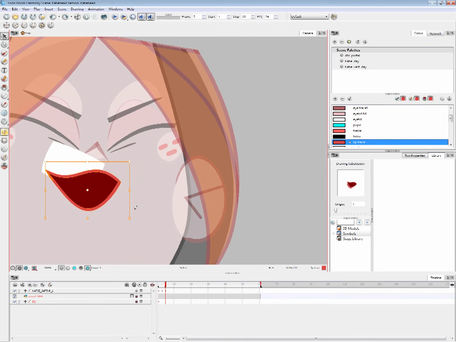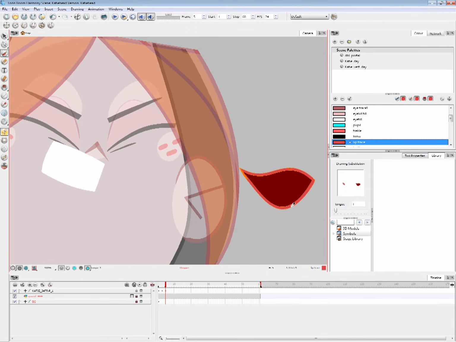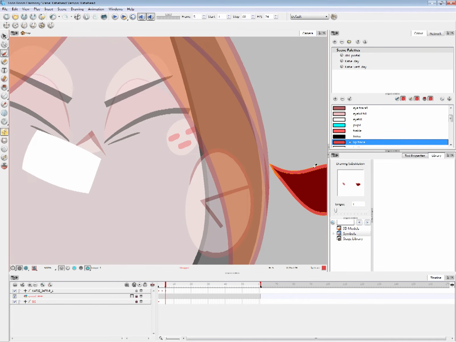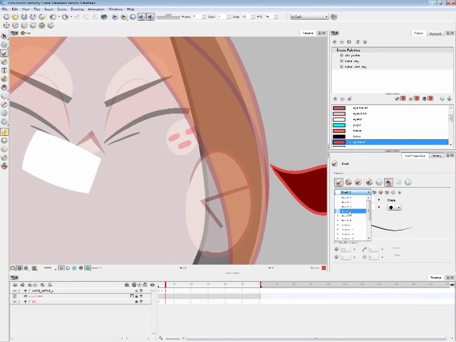Alt S for select. I'm just gonna select everything, and then just move over. Alt B for brush. I'm gonna hold D and sample her lip color. And that looks a little thick. Let's see. So I'm going to brush tool properties. My thinnest will be 1 and thickest will be 7. How about that? No? 3 maybe? 0 and 3. How about that one? Alright, that's good.